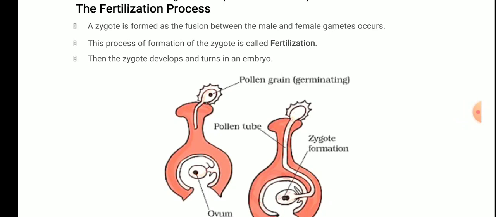Whenever both stamen and pistil are contained in the same flower of a plant, then that flower is said to be bisexual, meaning both the sexes are present on the same flower. But if either one of them is present, that is either stamen is present or pistil is present, then such kinds of flowers are said to be unisexual flowers. Clear? So, two types of flower, that is bisexual and unisexual. Bisexual means both the sexes, male and female, are present on the same flower, and unisexual means only a single sex is present. It may be male or it may be female.